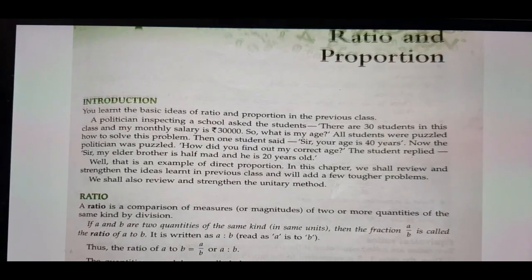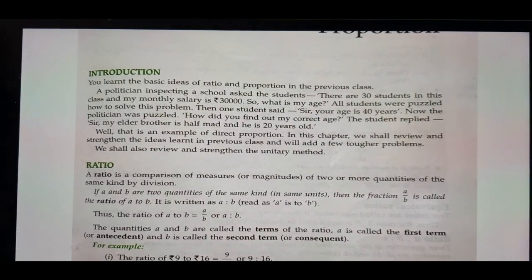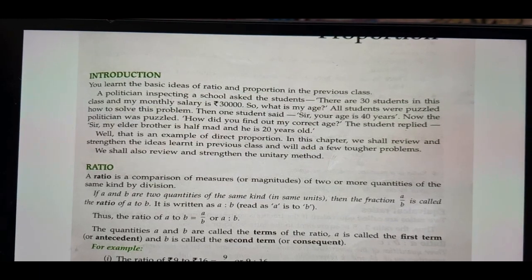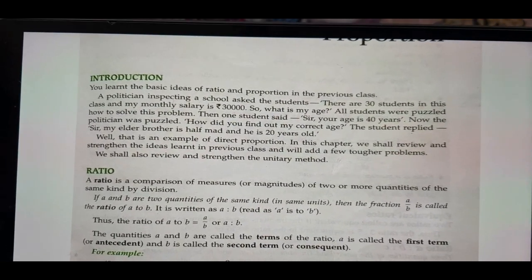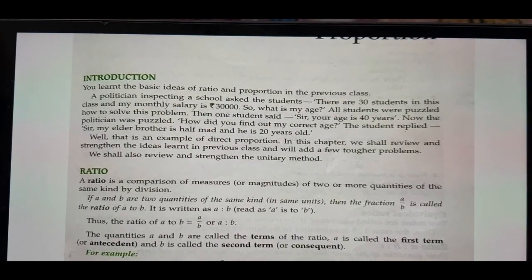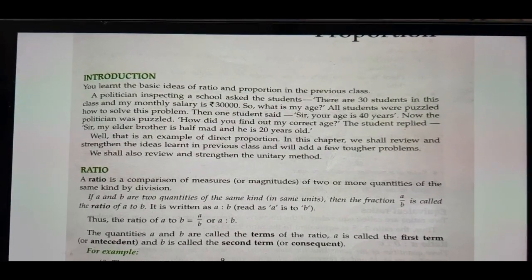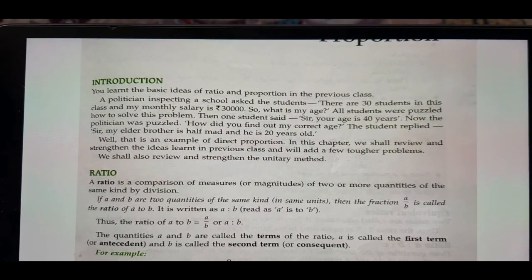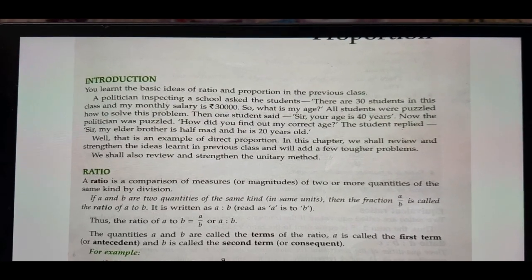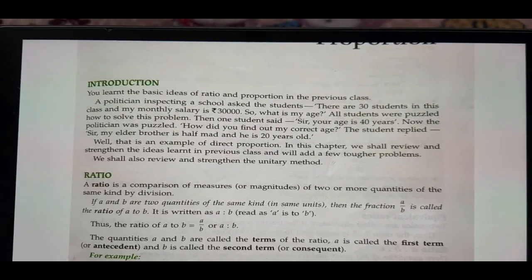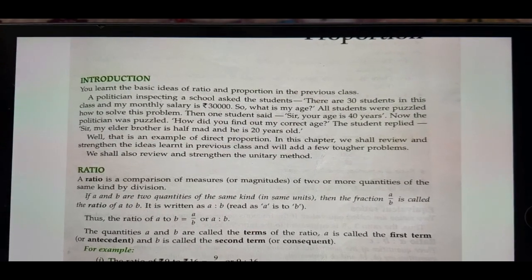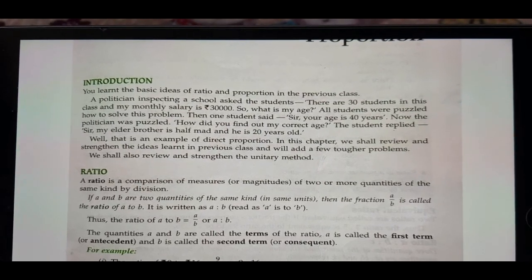Okay, so let's understand what is ratio. When we compare or measure two or more quantities of the same kind, then we say we are finding the ratio. That means two things should be there: we are comparing two or more quantities, and they should be of the same kind, that means the same unit should be there. For example, if I am talking about kilograms, then both quantities should be in kilograms. If one is in gram and the other in kilogram, we cannot find the ratio of that. One has to be changed, either kilogram into gram or gram into kilogram.